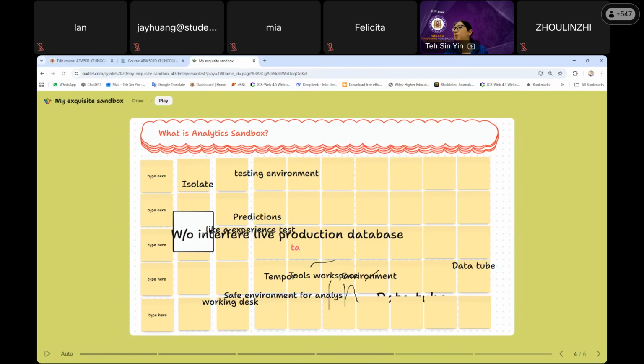Like experience test, WO interface, live production database, not really to the point. Safe environment for analysis. Okay, correct. It is a safe environment because you will not interrupt the actual database environment. So it is a safe environment for you to do the testing.